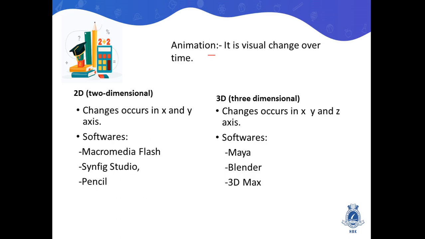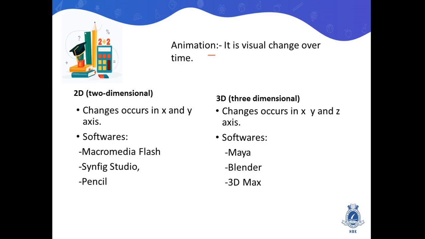In animation, we categorize in two portions: 2D animation and 3D animation in the sense of dimension. First we go with 2D, meaning two dimensional. Two dimensional stands for width and length, where the changes occur in the x and y axis. For example, all 2D surfaces, I give the example of pages of textbooks. This video surface is 2D, just having a width and length, just two surfaces.